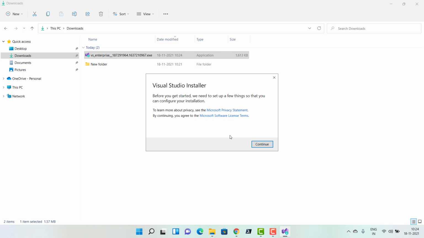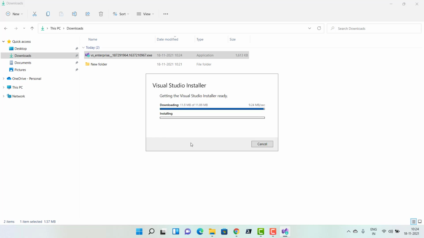So click on continue. So this would actually get some files, which will bring up the installer, the actual launcher to set up Visual Studio. So let's wait for the process to complete.